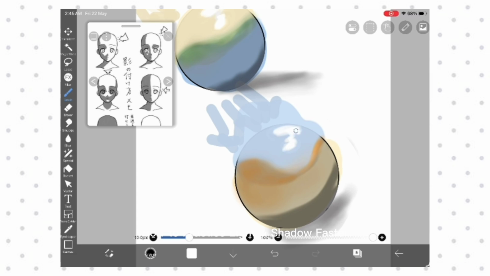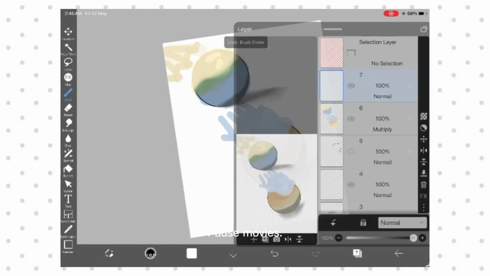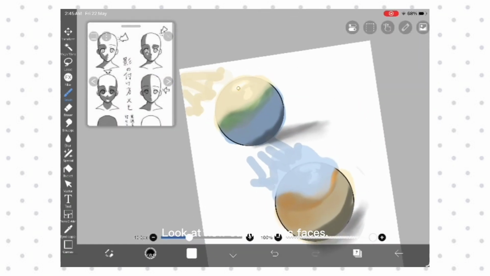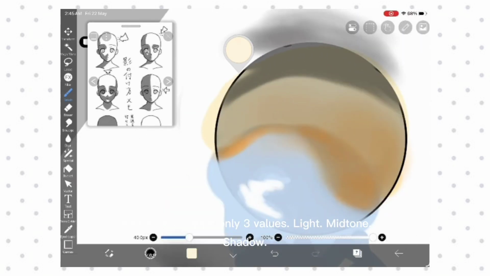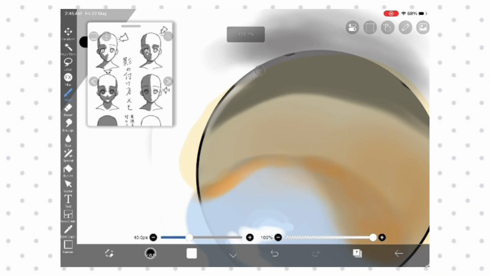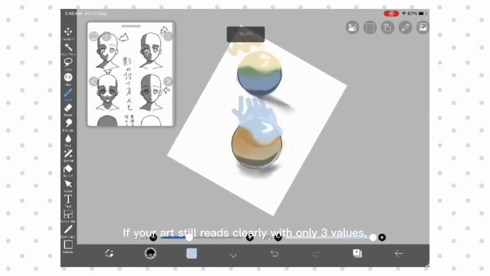How to practice light and shadow faster. You honestly don't need expensive brushes or super realistic rendering skills. The fastest way to improve lighting is observation. Study real photos. Pause movies. Look at how sunlight hits faces. Look at shadows in your own room. And one exercise I really recommend: paint objects using only 3 values: light, midtone, shadow. No details. No fancy rendering. If your art still reads clearly with only 3 values,